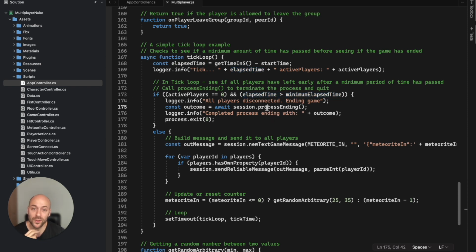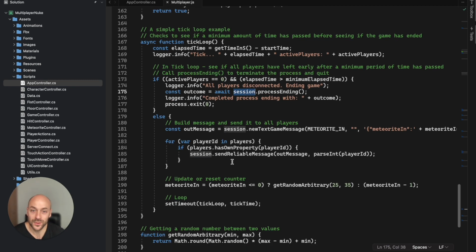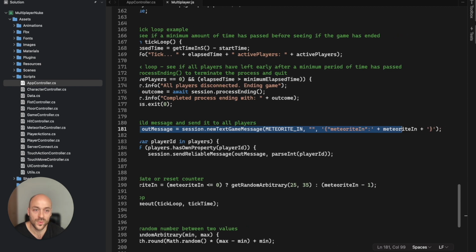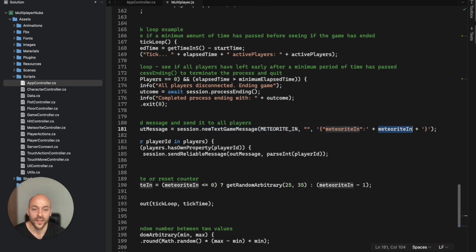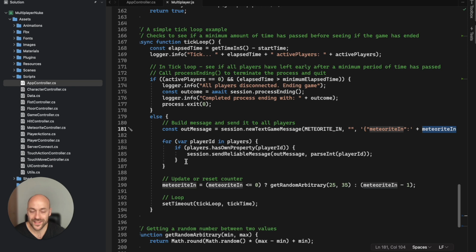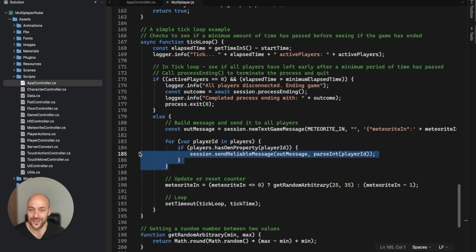And you can figure out that we use one of the functions I explained before, contained in the session object. Now what we do is creating a new message containing the remaining time. And we will send it to all the players available in the game session.